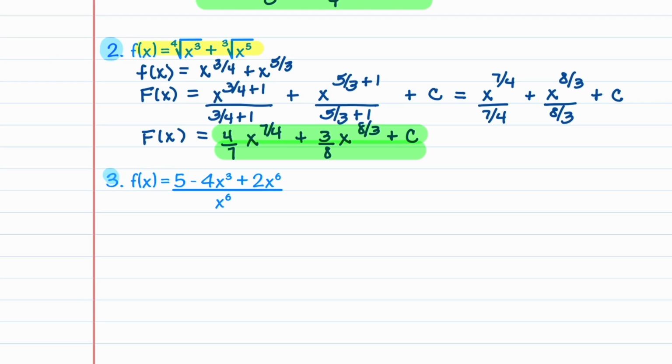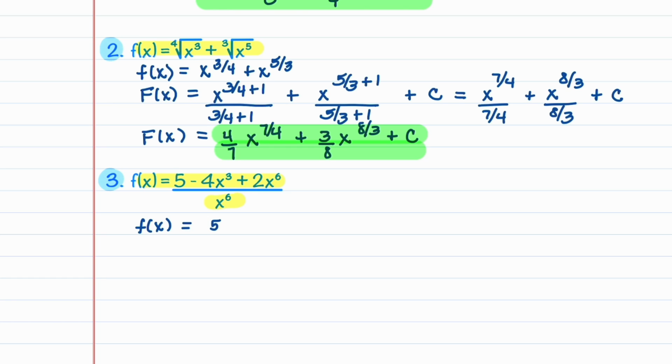In our third example, we're given a function little f of x is equal to 5 minus 4x cubed plus 2x to the 6th, all divided by x to the 6th. Because we have one term in the denominator, we can break up our function into 3 separate pieces and then write each piece as x to a power. Doing this, we can write f of x